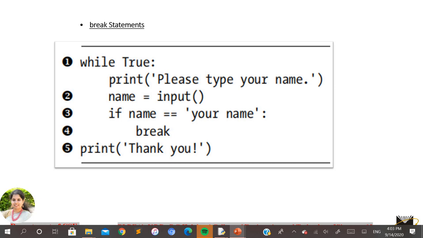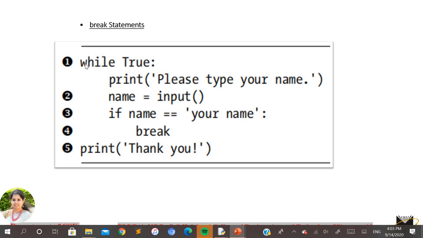So let's see how we can use the break and the continue statements in the while loop here. There are two keywords that you can use with the loops, either with the while loop or the for loop. You can go for using the break and the continue statements, but both have differences in the way they are executed. So let's see what is the difference now.